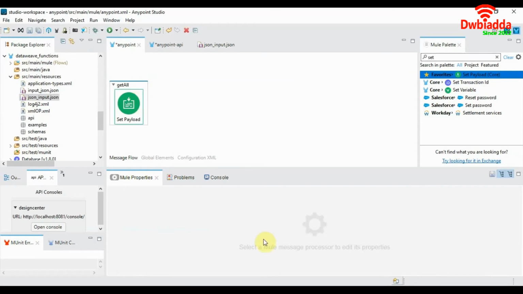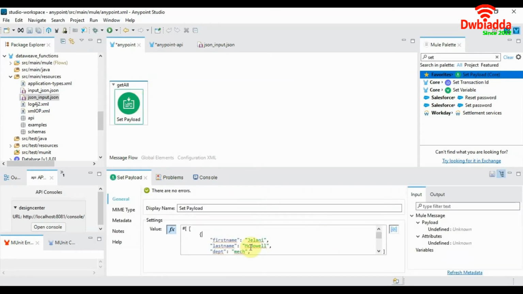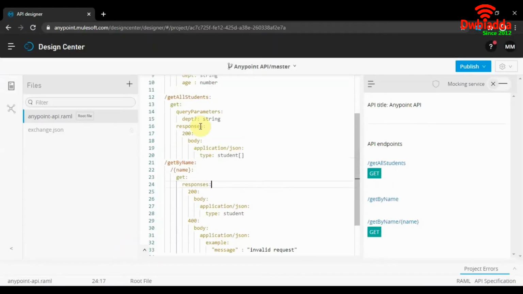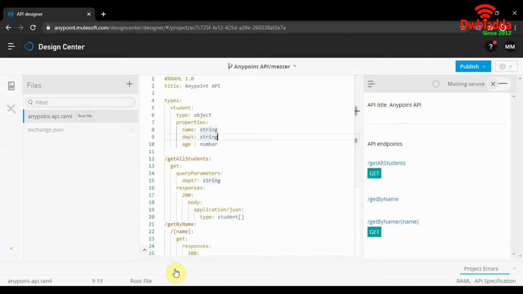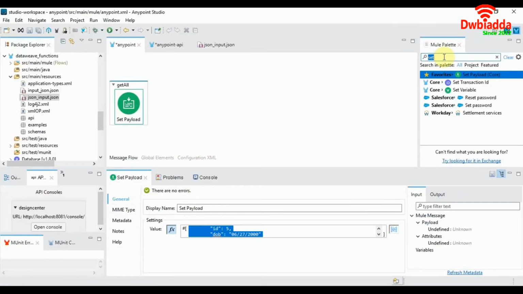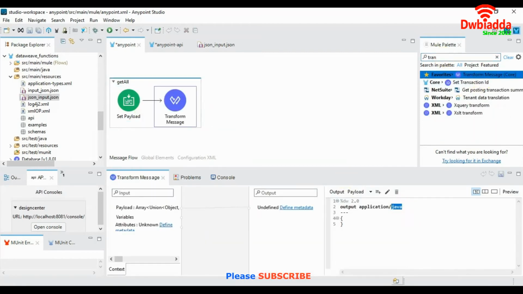So if we look at our payload, we can see that there is a mismatch between the properties of this student object and the student object specified in our RAML over here. So we'll add a transform message in our flow and use it to modify our payload. Our transform message script is ready, and we have been able to successfully match our RAML student type to the student type that we will output from our get all subflow.